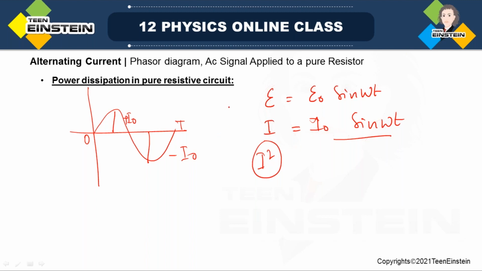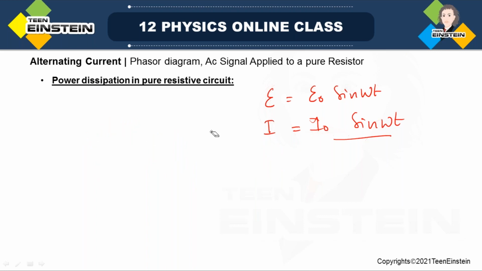So now what we'll be seeing is that the average current or average voltage in a resistive circuit can be 0, as